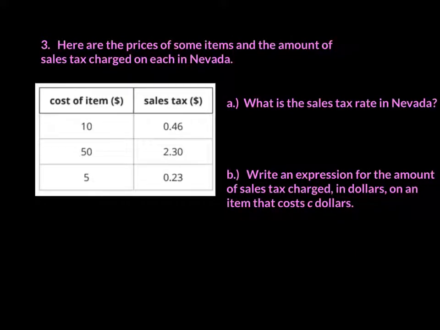Here are the prices of some items and the amount of sales tax charged in each in Nevada. Okay, they're asking us what the sales tax rate is in Nevada. So we know this time we're looking for that constant of proportionality, which in this case is the tax rate. So we're given these two numbers. I don't know what 10 is multiplied by to get to 0.46. I know in this direction, from right to left, we always divide. So if I take that 0.46 and I divide it by 10,